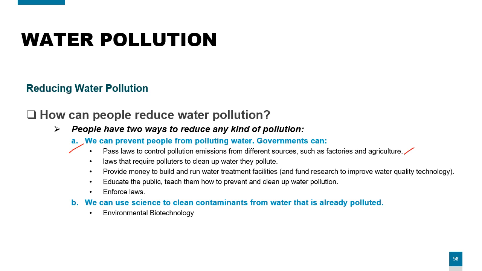Like for example, food, di ba? The government can pass laws that require polluter to clean water they pollute. Okay? So may mga regulations na ganyan. Pero is it actually being implemented? Okay? Government can provide money to build and run water treatment facilities and research fund to improve water quality control. Yes, dito sa Pilipinas, meron tayong DOST. And DOST are